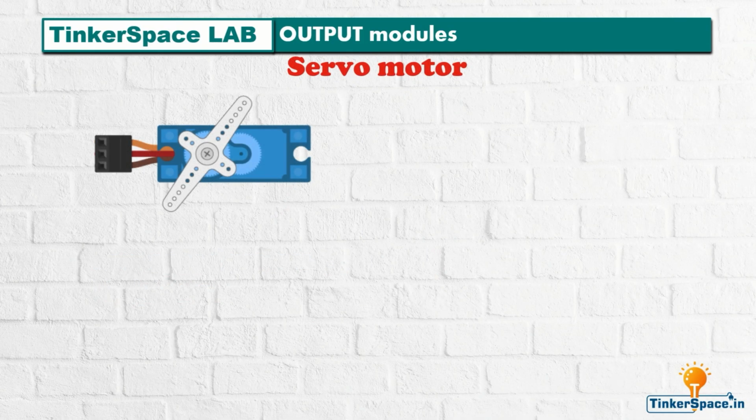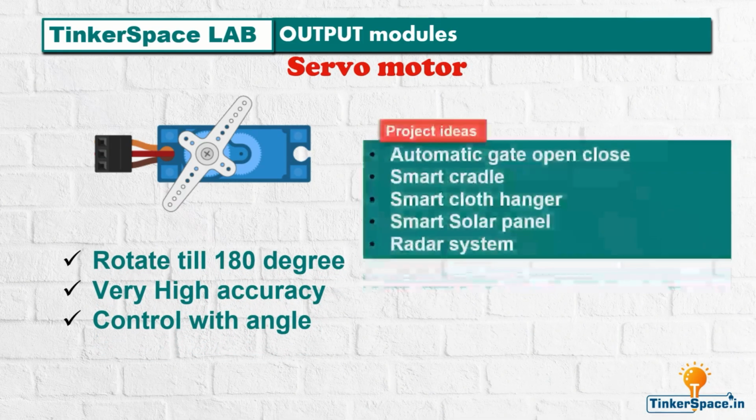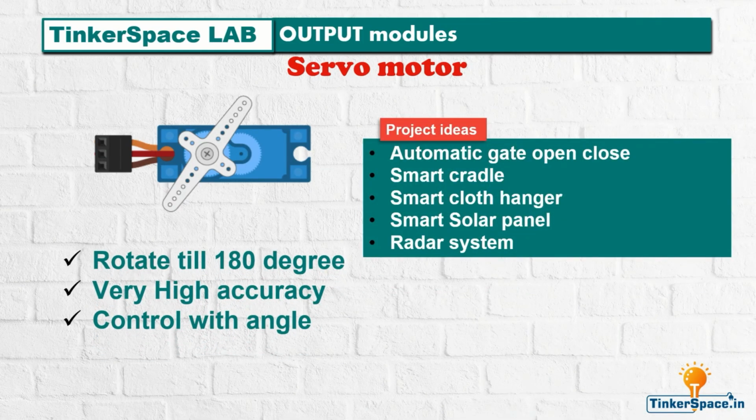Then we have the servo motor, which rotates till 180 degrees. It has very high accuracy and we can easily control it with angle. It is used in projects like automatic gate open close, smart cradle, smart cloth hanger, smart solar panel, and radar